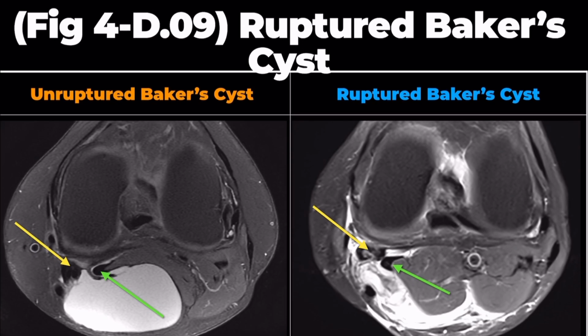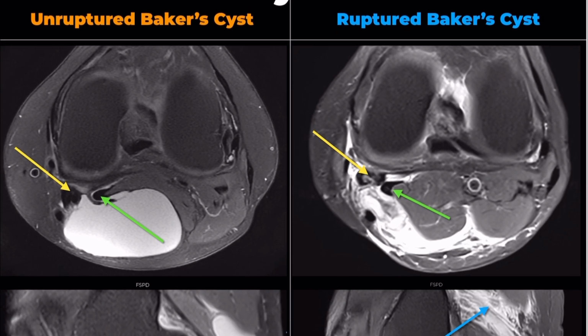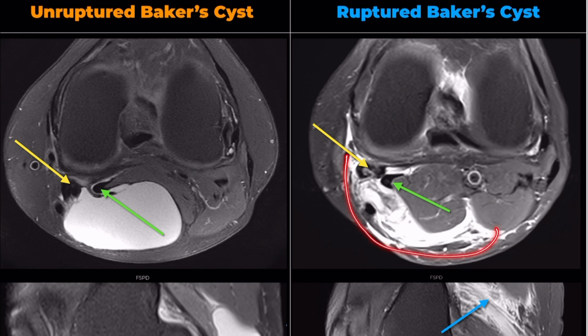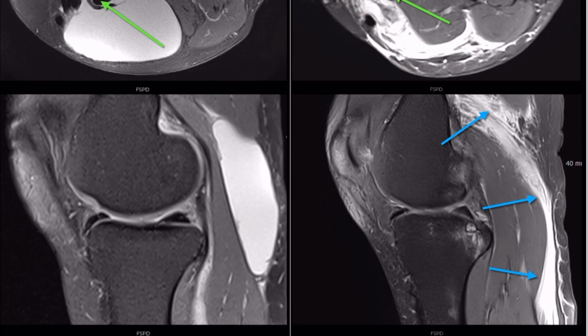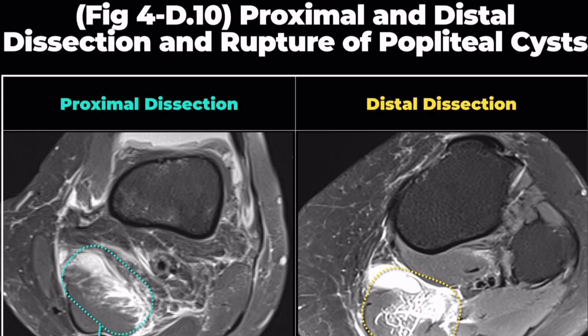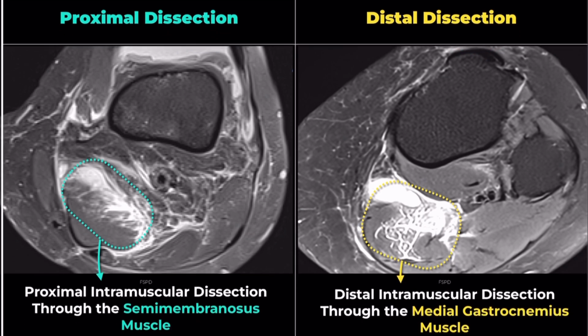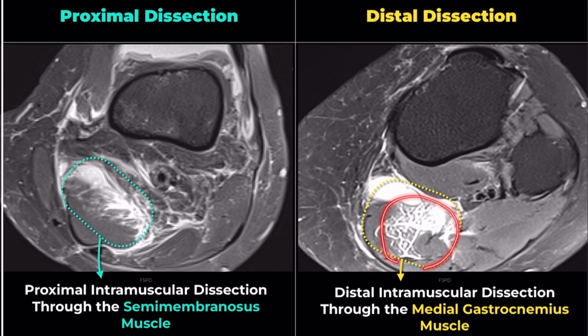A ruptured popliteal cyst typically appears as a high-signal intensity edema dispersing into the adjacent soft tissues and fascial planes. Today, we'll focus on two particularly interesting cases: distal intramuscular dissection through the medial gastrocnemius muscle and proximal intramuscular dissection through the semimembranosus muscle. In the first case, a dissecting Baker's cyst may present clinically with tender fullness at the